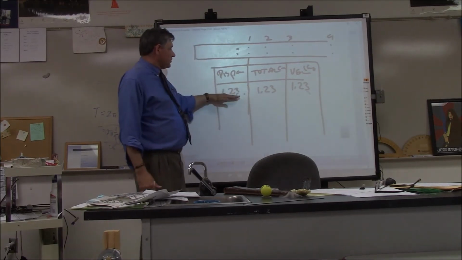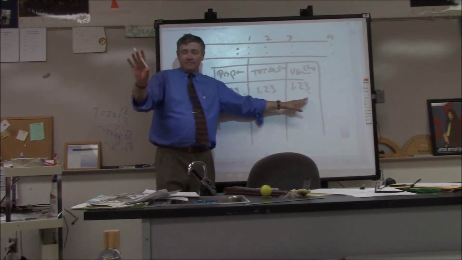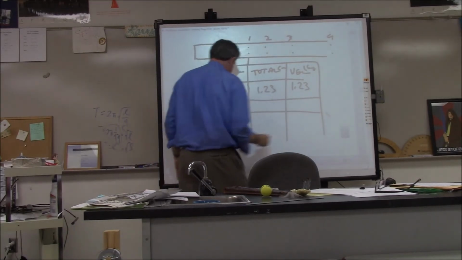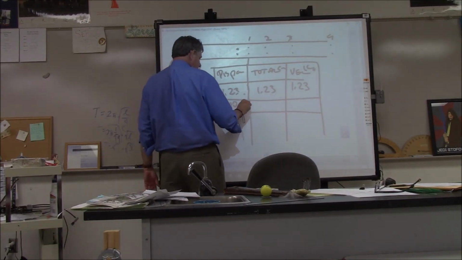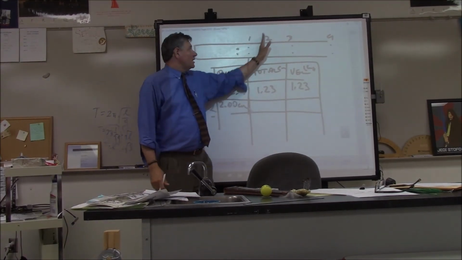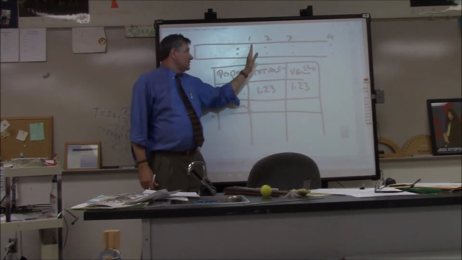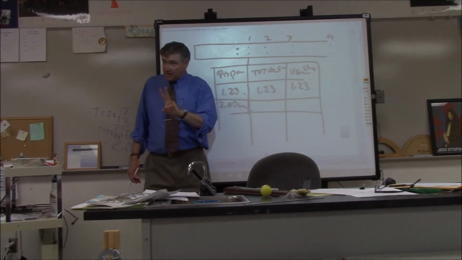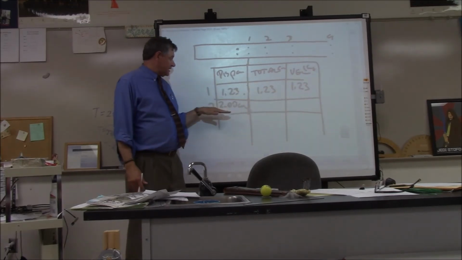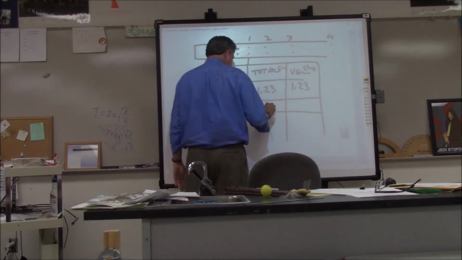So, 1.23, whatever yours is. Now, that's interval number 1. When you get to interval number 2, let's say that went up to exactly 2 centimeters. So now you're going to measure from interval 1 to interval 2. Don't go back and measure from the beginning. Now you're seeing how far it traveled in the second interval. This is a running total. So if I was at 1.23 and I traveled another 2 centimeters, how far have I gone? 3.23. So this is going to be 3.23.